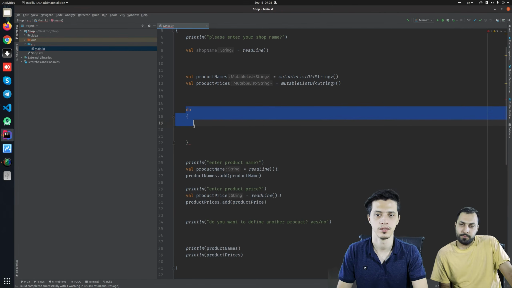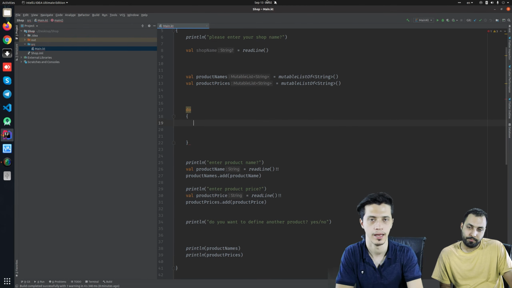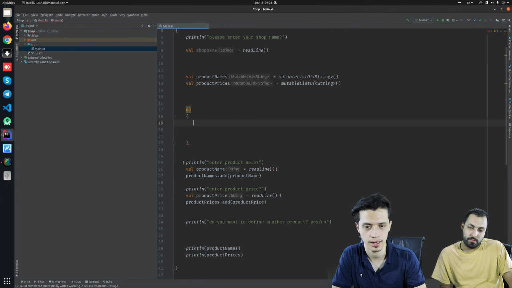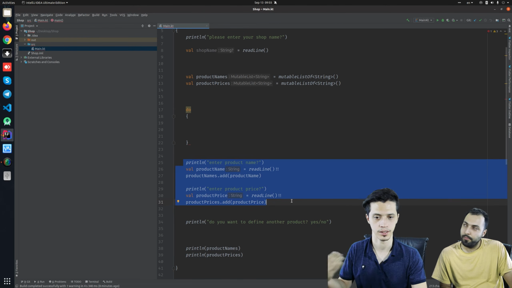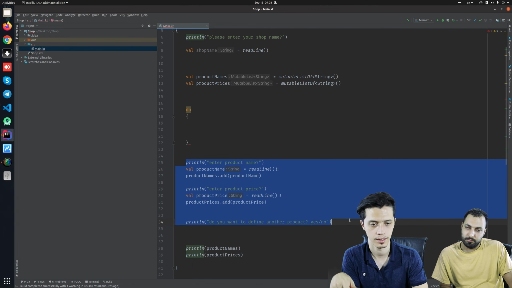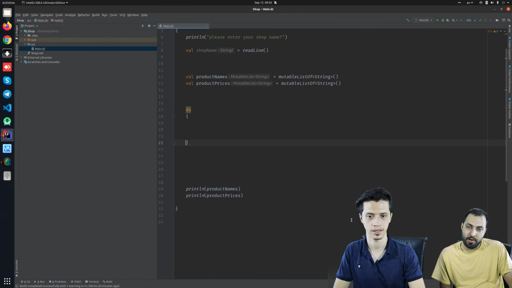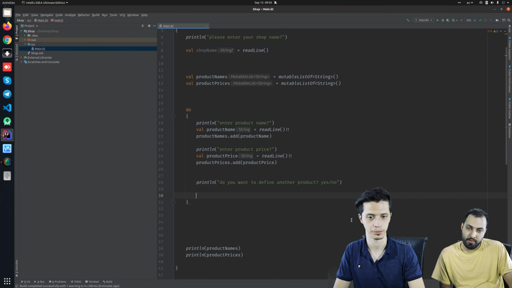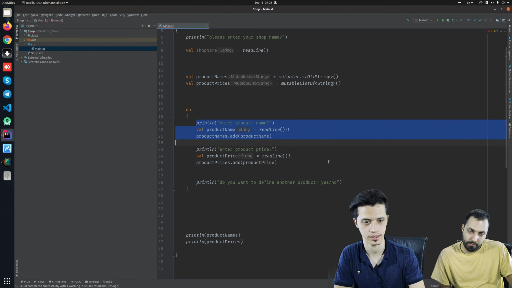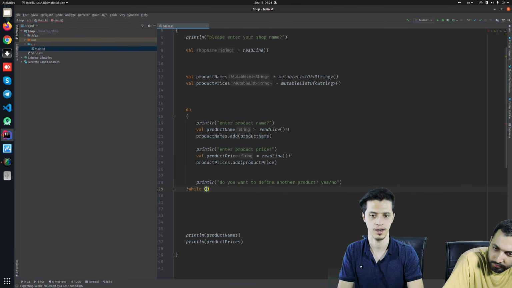The do-while loop is the simplest form of a loop in the Kotlin language, and we want these six lines to be executed over and over until the user says they don't want to continue. So we cut these lines and paste them inside this loop because we want them to be executed more than once. And we say do these lines while